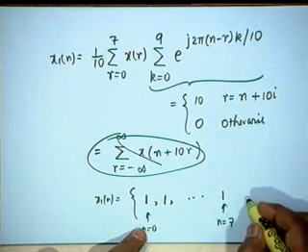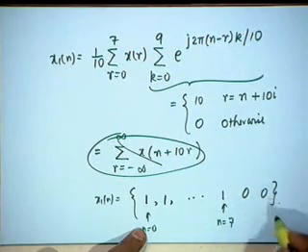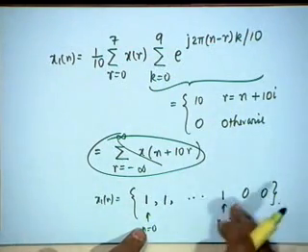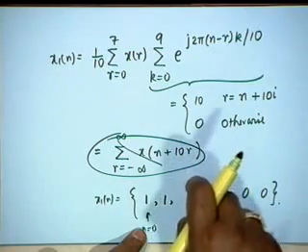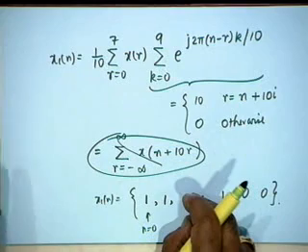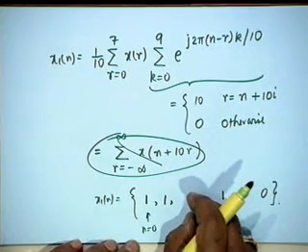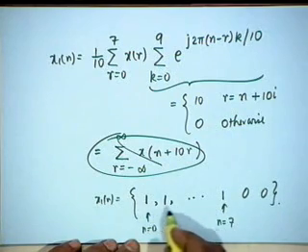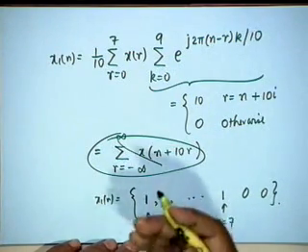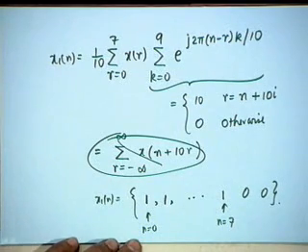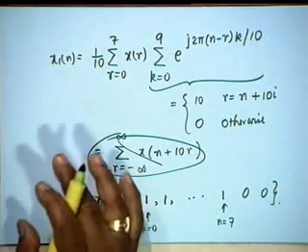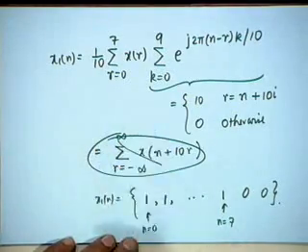So what would be the other two? 0, 0. There is no aliasing here. Aliasing will occur if the number of points at which the DFT is computed is less than the number of points in the original sample. So you know the answer, that x of n can be recovered from x1 of n. Is this clear? From the Z transform, if you go to the DFT with a larger number of points, there is no problem. Zero padding has occurred. If you go to a smaller number of points, then aliasing shall occur in the time domain. Okay?